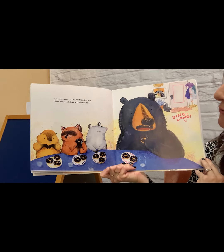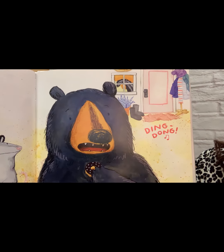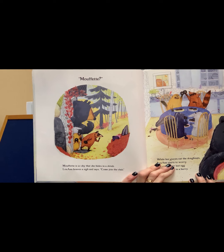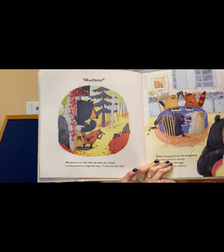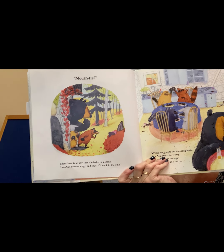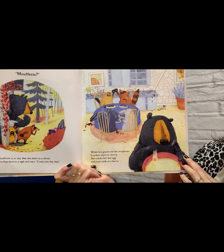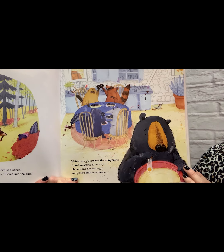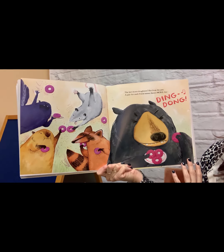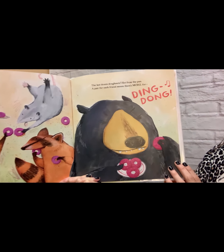One dozen doughnuts hot from the pan, some for each friend, and the rest for Moufette? Moufette is so shy that she hides in a shrub. Luann heaves a sigh and says, come join the club. While her guests eat the doughnuts, Luann starts to worry. She cracks her last egg and pours milk in a hurry. The last dozen doughnuts hot from the pan. A pair for each friend means there's more for